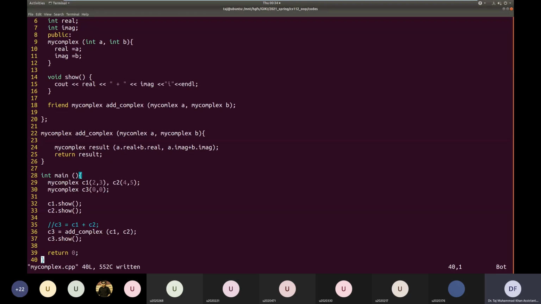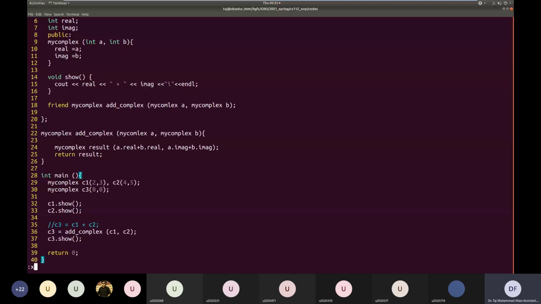Line number 24 is telling you that it will take the real parts of both a and b objects, add them, and then take the imaginary parts of both objects, add them, and then initialize a new complex number called result with the sum of these real and imaginary parts as the values for this new object, and then it returns the result. So this result will be received in C3 on line number 36, and when we do C3 dot show, hopefully we'll get the correct result. So let me compile it again.